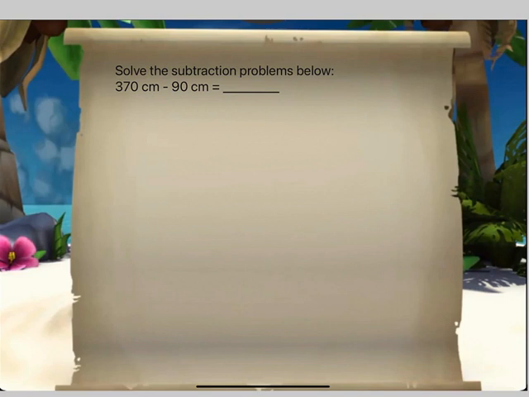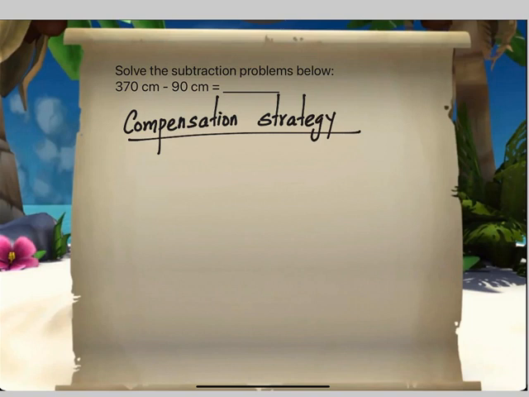So for mental math, we have to go for the compensation strategy. So in compensation strategy, we add 10 to both the numbers. For example, we will add 10 to 370 and also we will add plus 10 to 90. Okay, so when we add 10 to both the numbers, we get